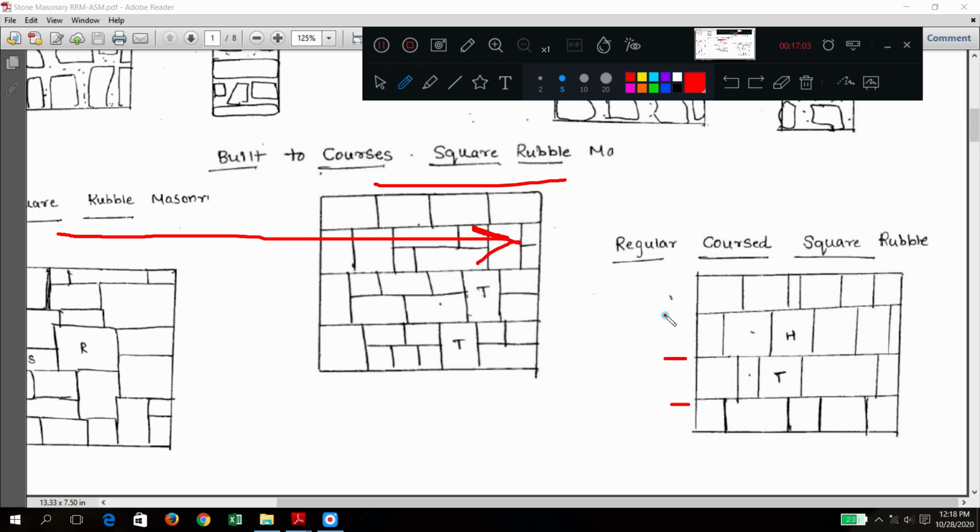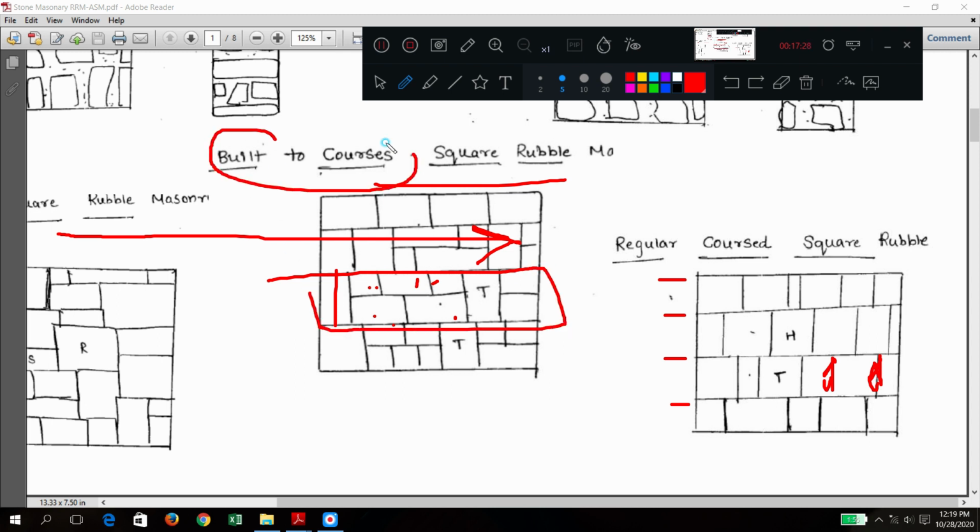Layers are almost equal. You can see layers are almost equal. In each layer only one stone is kept. But when you see this one, in a layer one big stone is there, one small, two more, four small stones are there. So using this type of stones you are constructing one layer, so that is why we are calling it built to course.